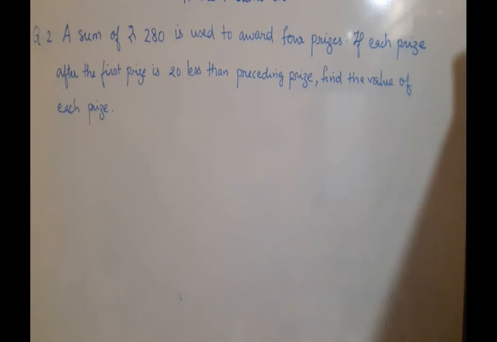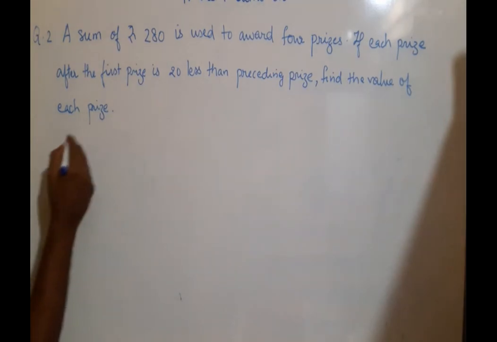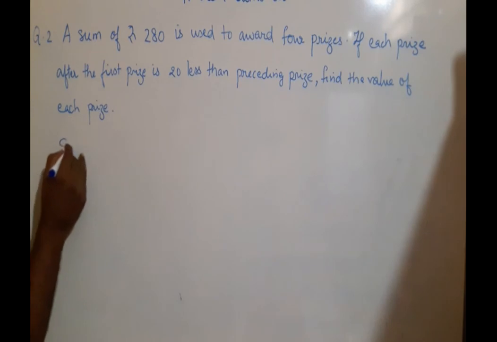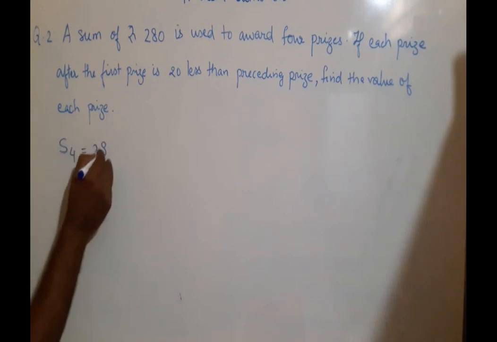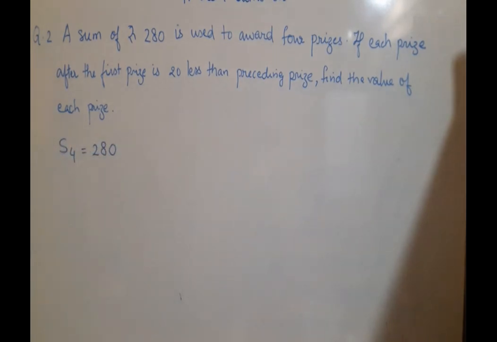The third prize is 20 rupees less than the second prize. And the fourth prize is 20 rupees less than the third prize. We have to find out the value of each prize. So here we know there are 4 prizes, and the sum of the 4 prizes is 280 rupees. So because we know there are 4 prizes and the sum is rupees 280, S4